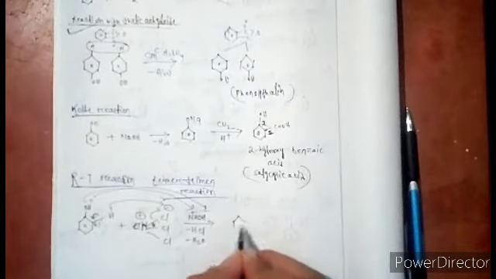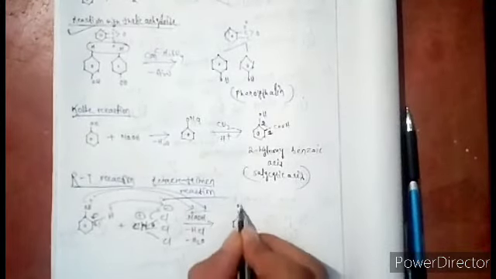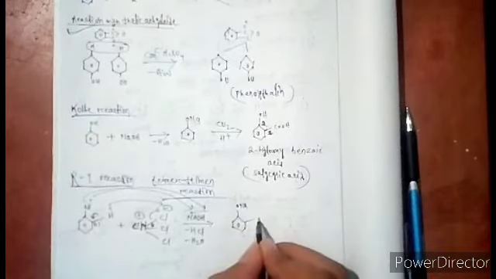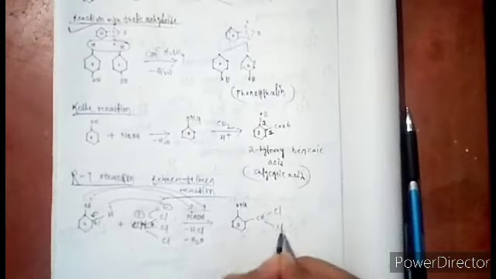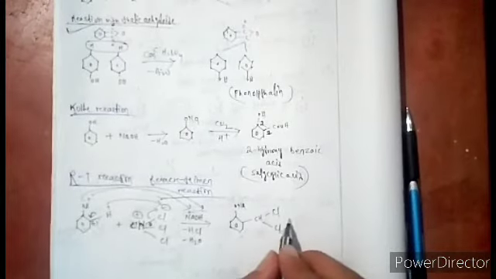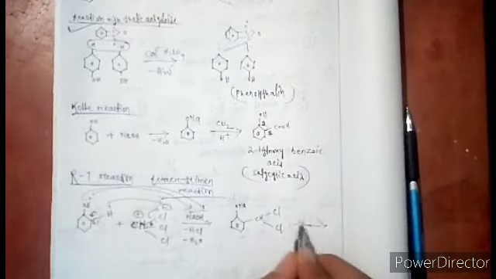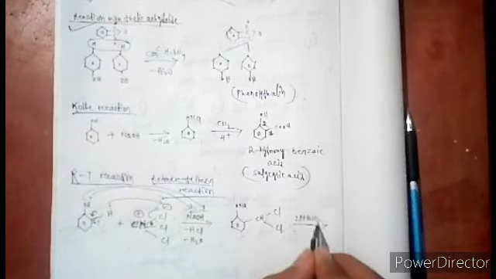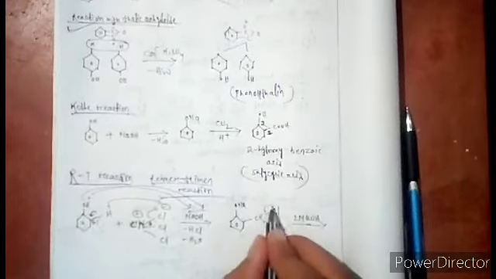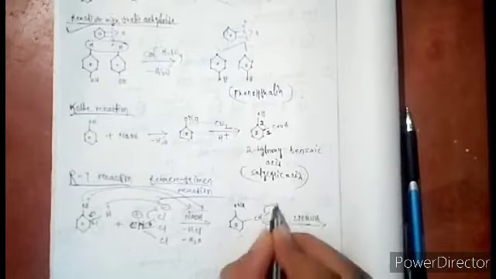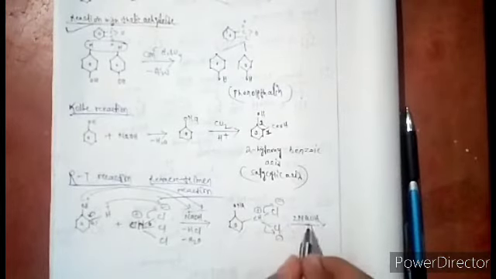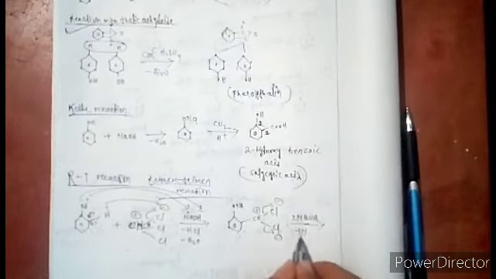Here is the structure of sodium phenoxide with CHCl. Again we give 2NaOH, again this is negative charge, this is negative charge, that is positive, with the removal of minus 2NaCl